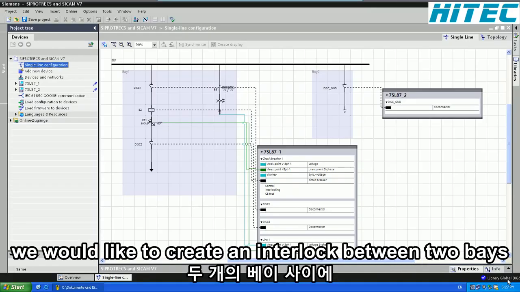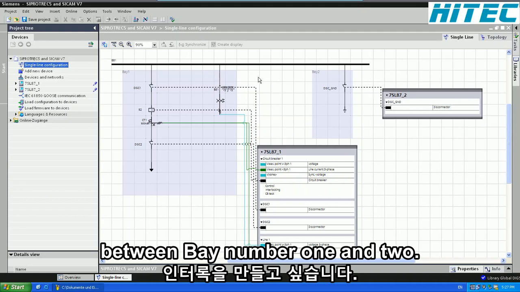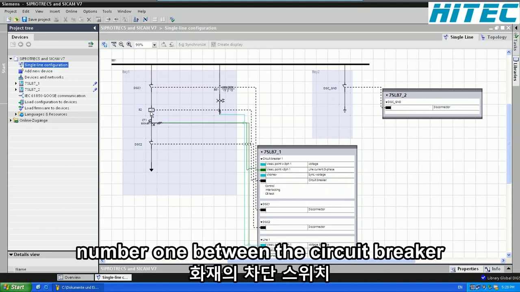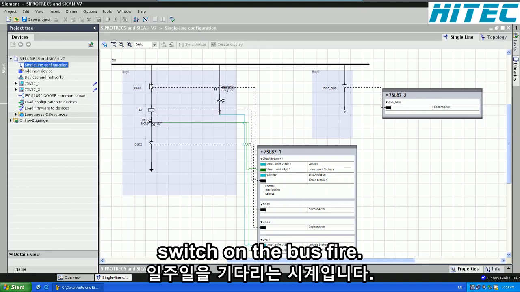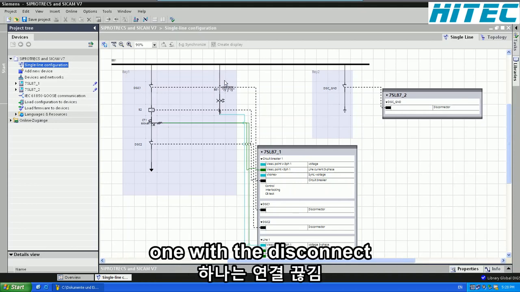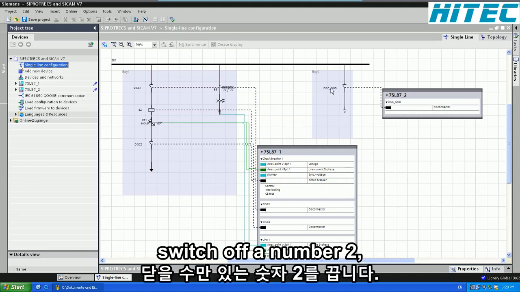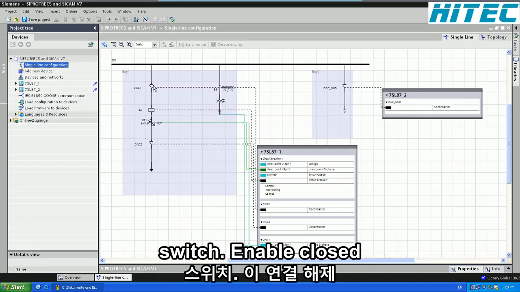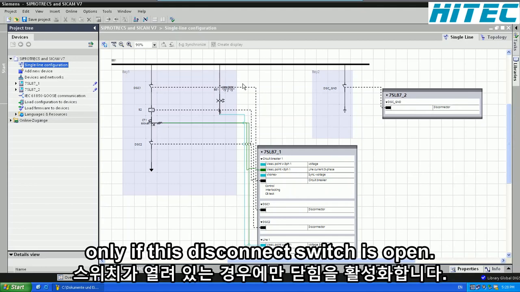In our next example, we would like to create an interlock between two bays, between bay number 1 and 2. In our first example, we created an interlock just within bay number 1 between the circuit breaker and the disconnect switch on the bus bar. But now we want to create an interlock between this disconnect switch of bay 1 with the disconnect switch of bay number 2, so that you can only close this disconnect switch, so enable close only if this